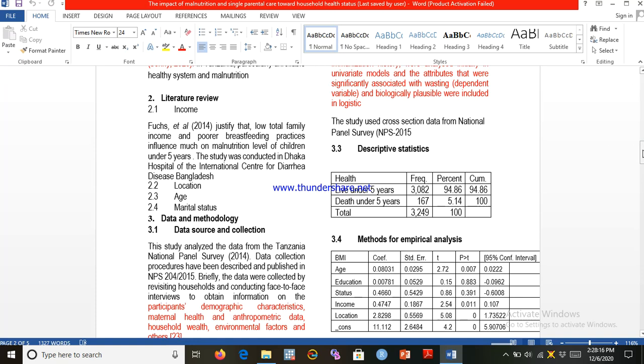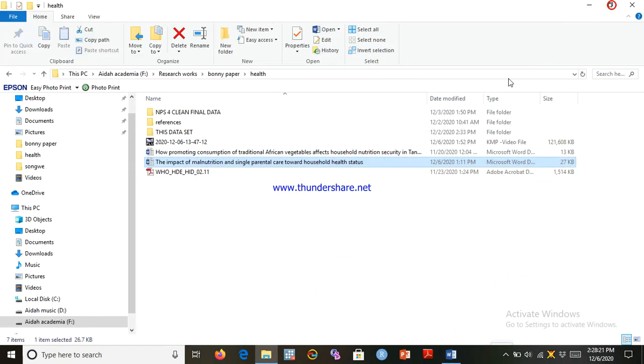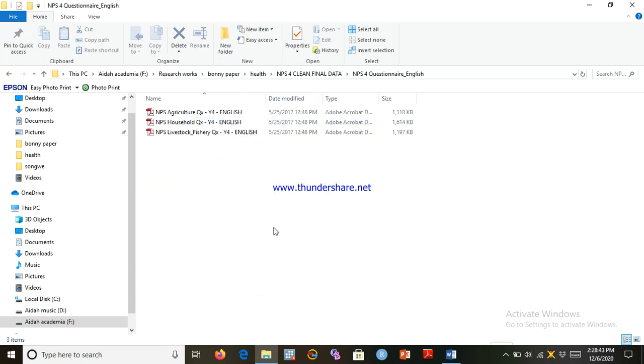These data are normally collected by the National Bureau of Statistics. In this dataset, there are a lot of subsections which we need to sort out. Okay, first let's look at the NPS questionnaire. In the NPS questionnaire, there are almost 3